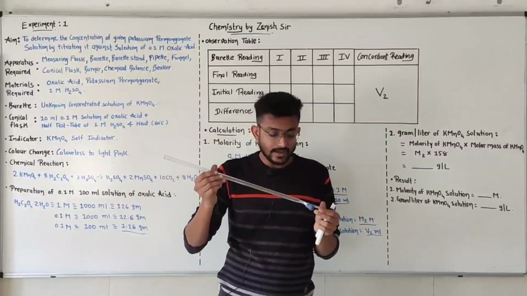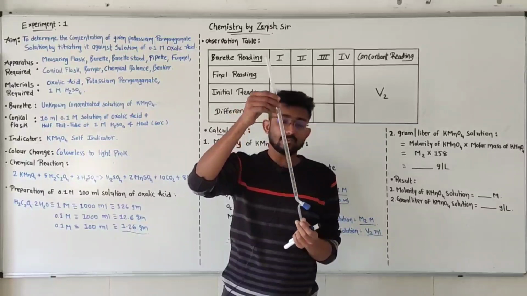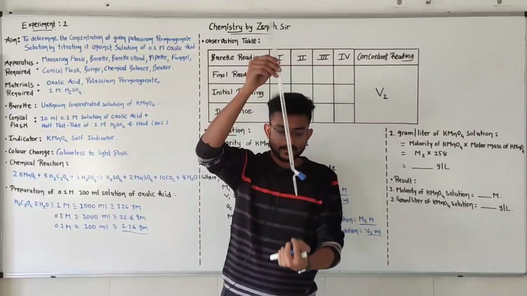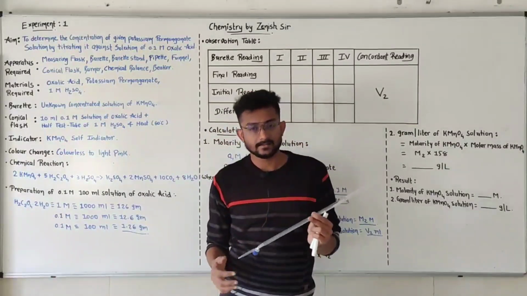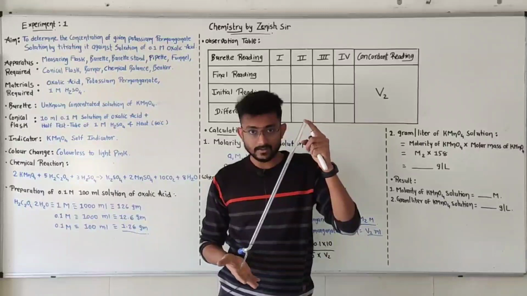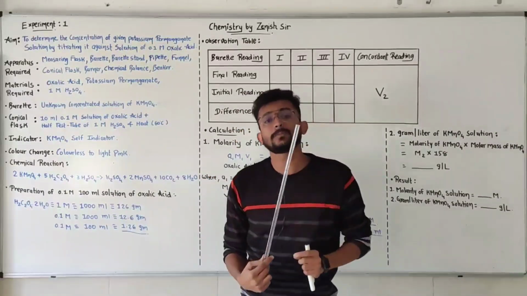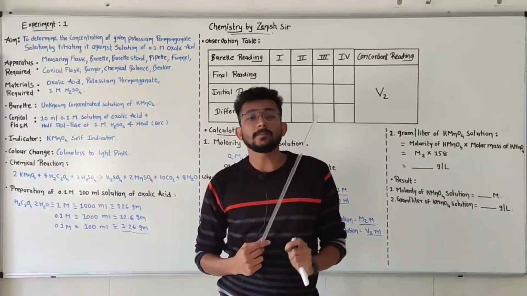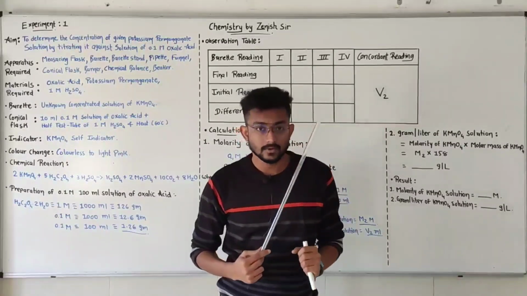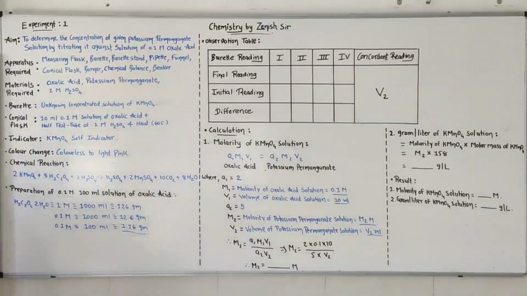First of all, I am going to introduce you to all the apparatus. And this is your burette. You open it, the solution comes down; you close it, the solution stops; you measure the volume, like that. We will fill KMnO4 in the burette. Remember that in all the practicals, KMnO4 is going to be filled in the burette. Now, after that, there is a burette stand. I told you this particular stand is used for the burette.